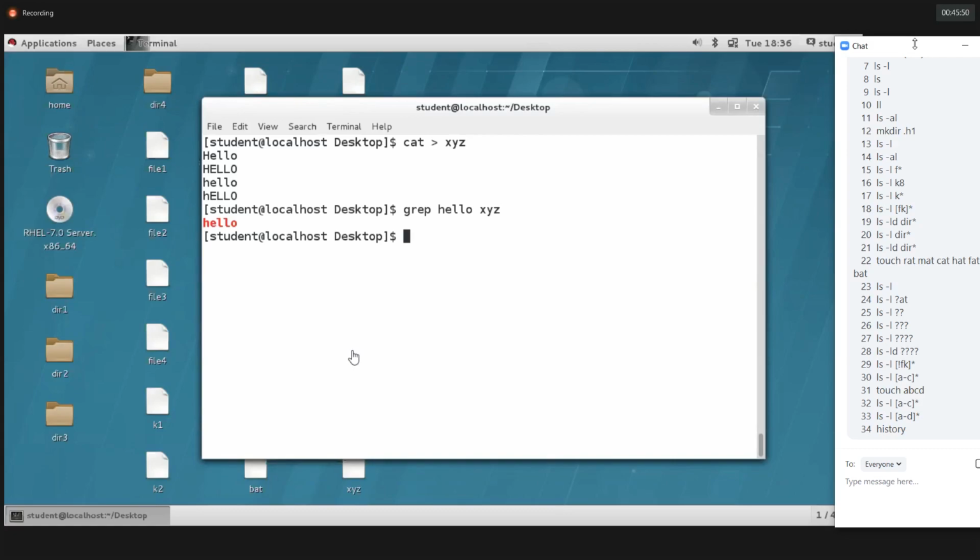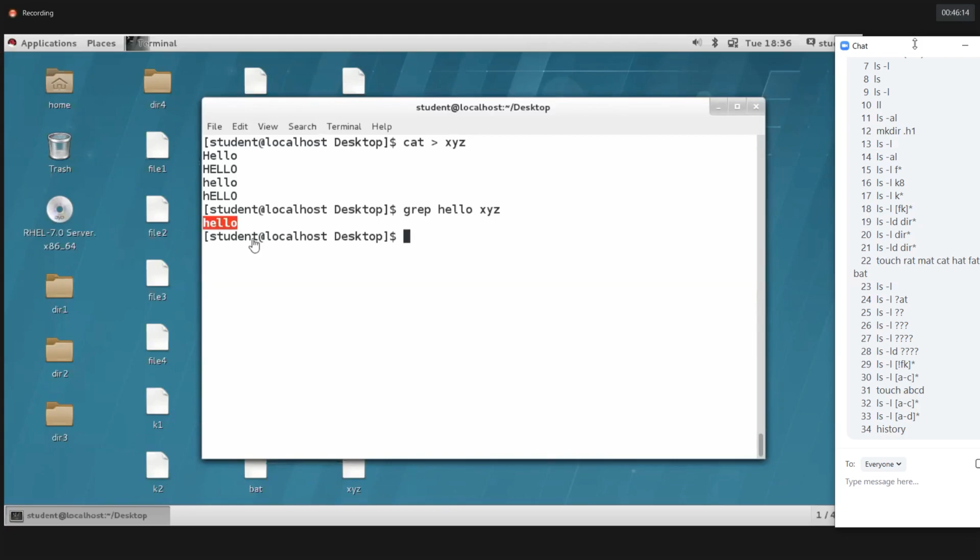So grep hello xyz: hello is a word and we're trying to filter it in the xyz file. This is the command, this is the word, and this is the file in which I'm filtering. Since Linux is case sensitive, we'll get only small hello letters.